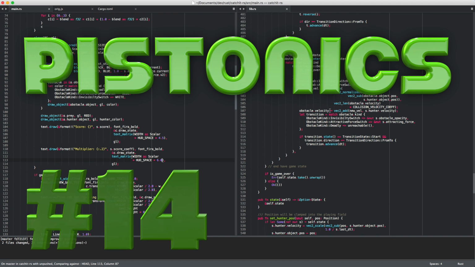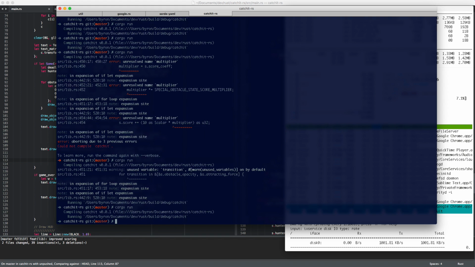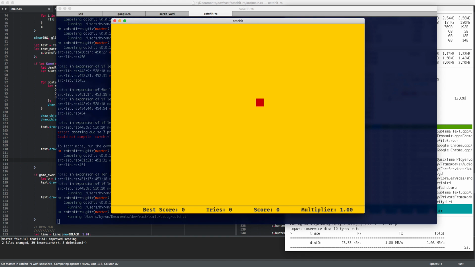It's Byron speaking, and we have been implementing the catchit game, which runs pretty well. It has a score multiplier. It punishes you if you go out, but sometimes you have to do it. It rewards you if you take greater risks, and so on. So it's pretty neat already. I'm happy with it. You can repel things, and there are special